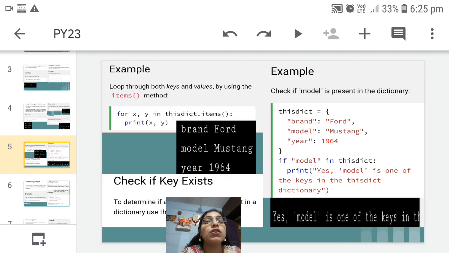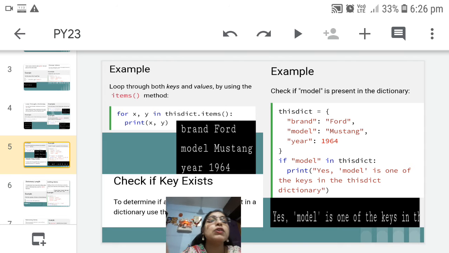Then there is one more thing, that is check if key exists. That is, if you want to check whether a certain key is present in the dictionary or not. This thing, checking whether an element exists or not, we have already used in list as well as tuple. The same thing is there in dictionary also. You just have to provide, within double quotes, the key which you want to check whether it exists in your dictionary or not.